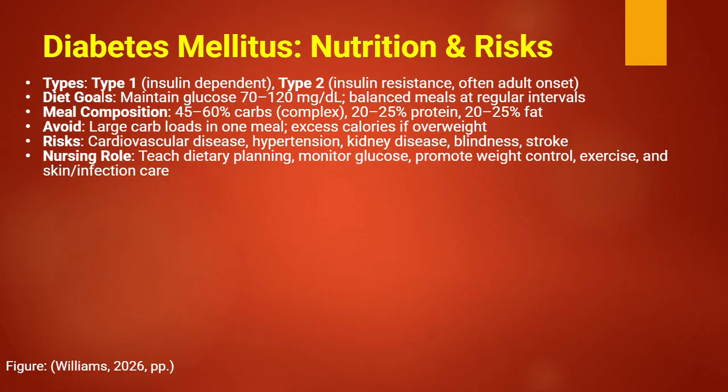Diet planning must be individualized based on factors such as age, sex, weight, activity level, cultural background, food preferences, and overall health status. Patients should eat meals at consistent intervals to match food intake with insulin or medication timing. Too much food can cause hyperglycemia and, in type 1, risk of ketoacidosis, while too little food can lead to hypoglycemia or insulin shock. Diabetic patients are at increased risk of long-term complications, including cardiovascular disease, hypertension, kidney disease, blindness,